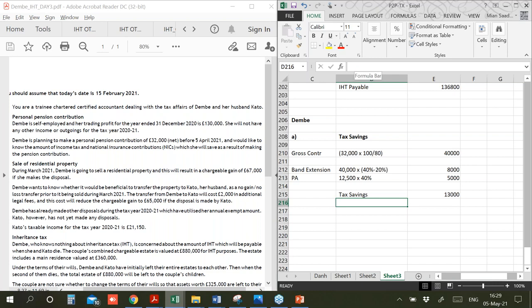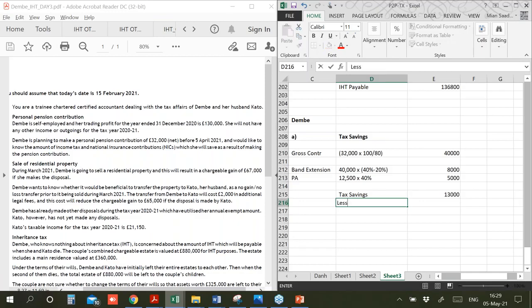So as far as the income tax part was concerned, we are done with that. And whenever you get tested on a similar type of question, do remember that whenever you get personal allowance back, you get savings at a higher rate. However, whenever your band gets extended, you save at a differential rate.